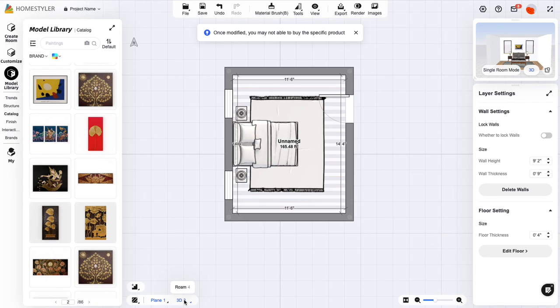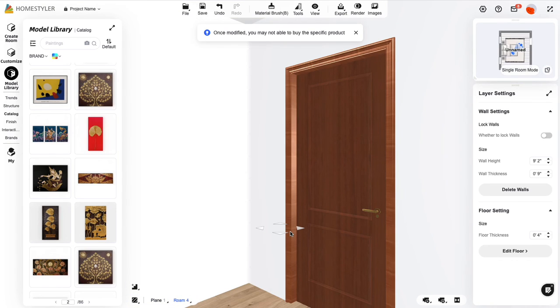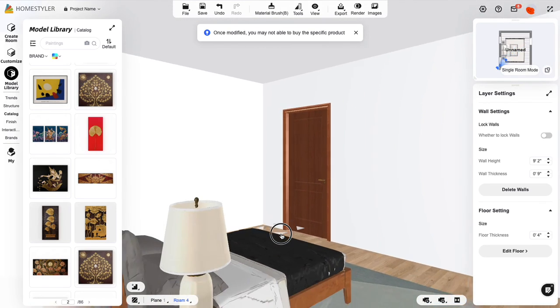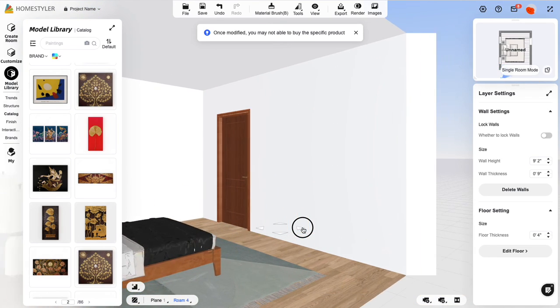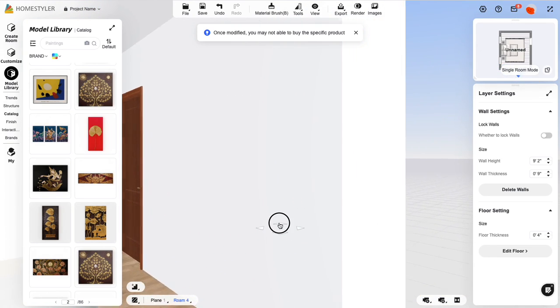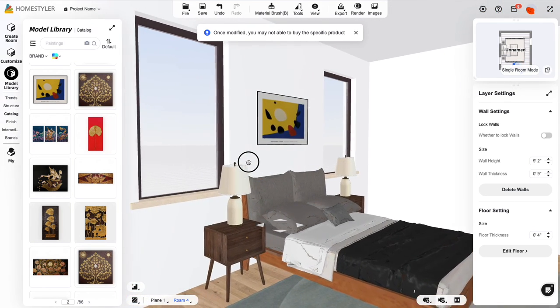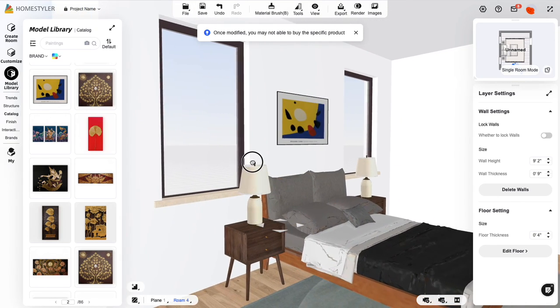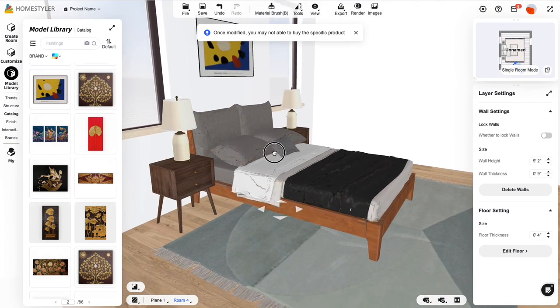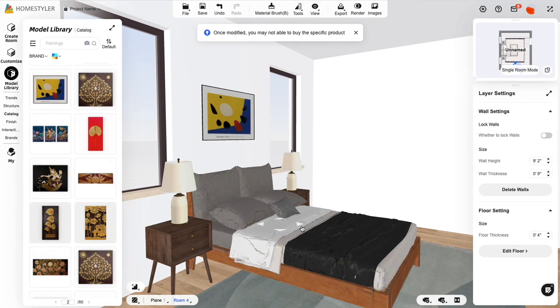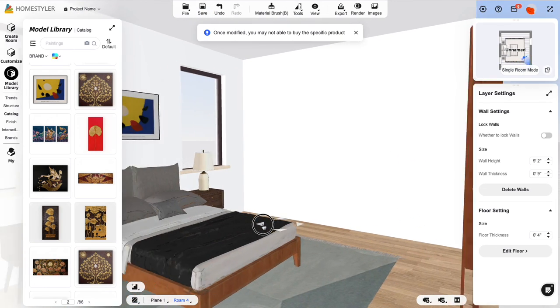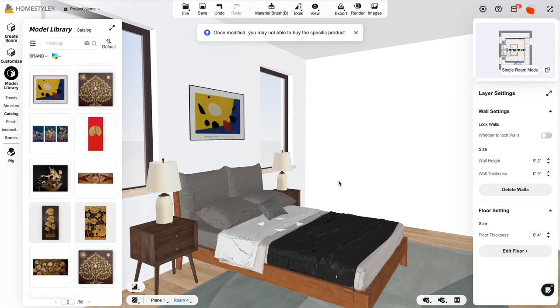If you want to check out a different version of the 3D, you can click the Roam, which is a slightly different version. It can take you on a tour around the room. You use these arrows to get different parts of the room, and then you can click anywhere on this plane and drag around to take a tour of the space. It's very cool. Drag up and down, and then you can pan right or pan left to see exactly what you need to see. That's one of the basic tutorials for Homestyler, and I hope that is helpful